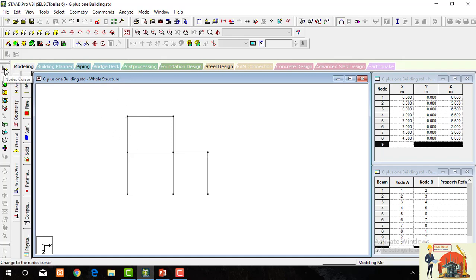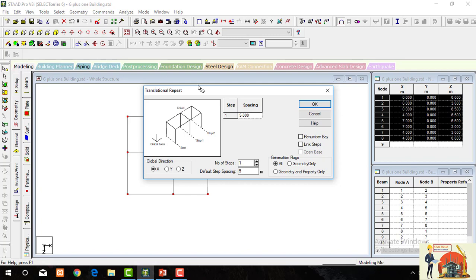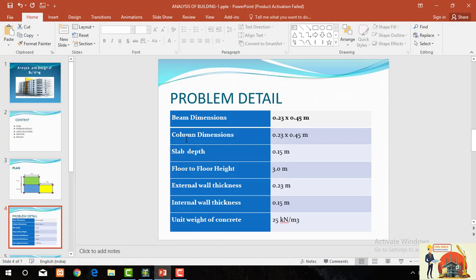Select the nodes, press translational repeat in the Y direction. The spacing will be 3 meter.